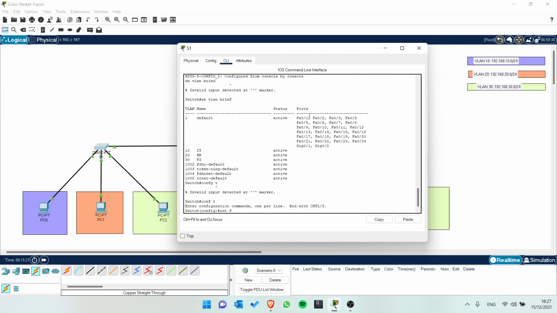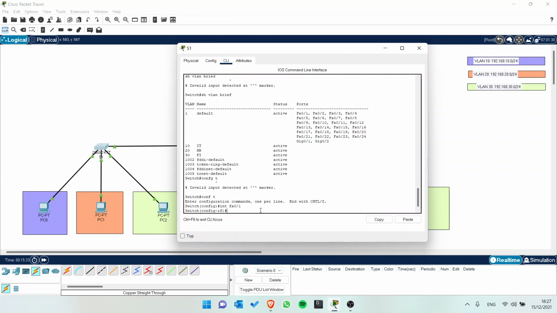Here it will be port 1, FA01. Select that and change the switchport mode to access. This defines the VLAN membership mode and puts the interface into access port. So, switchport mode access,